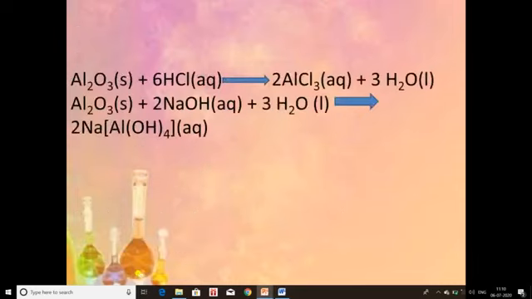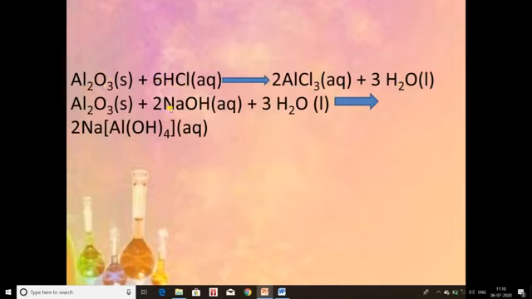Now here is the equation of aluminium oxide, showing how it has amphoteric nature. So when aluminium oxide combines with acid, what will happen? It will act like a base. And when acid combines with base, salt will form. So here AlCl3, aluminium trichloride, will form plus water. This is salt because here HCl is acid, so aluminium oxide acts as a base.